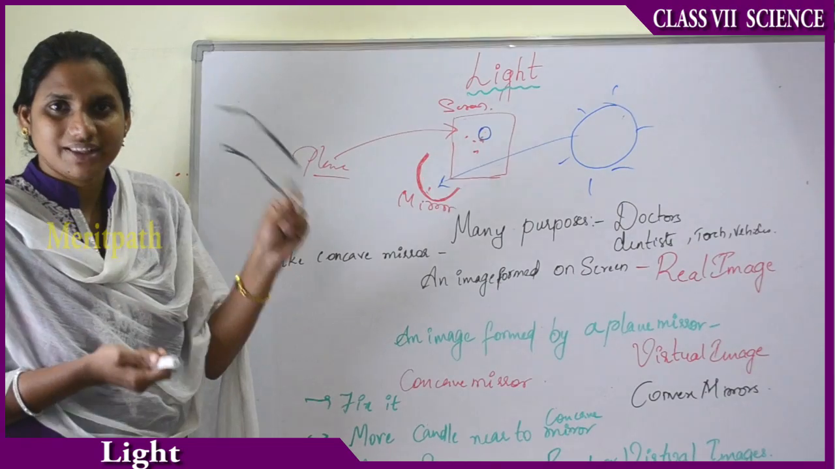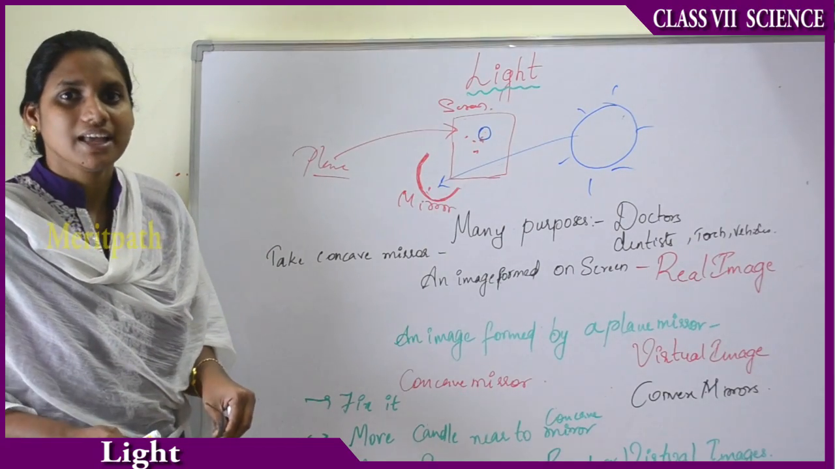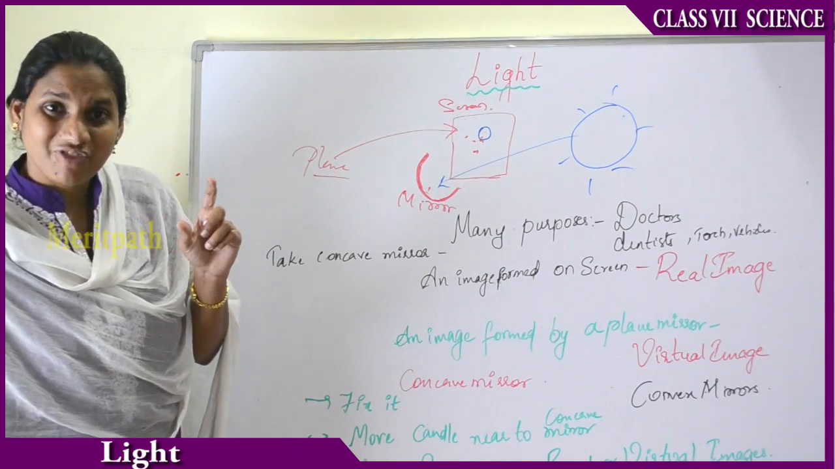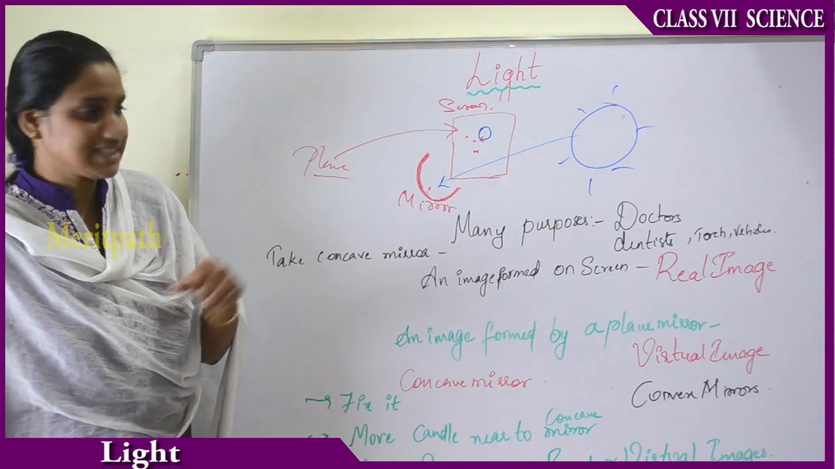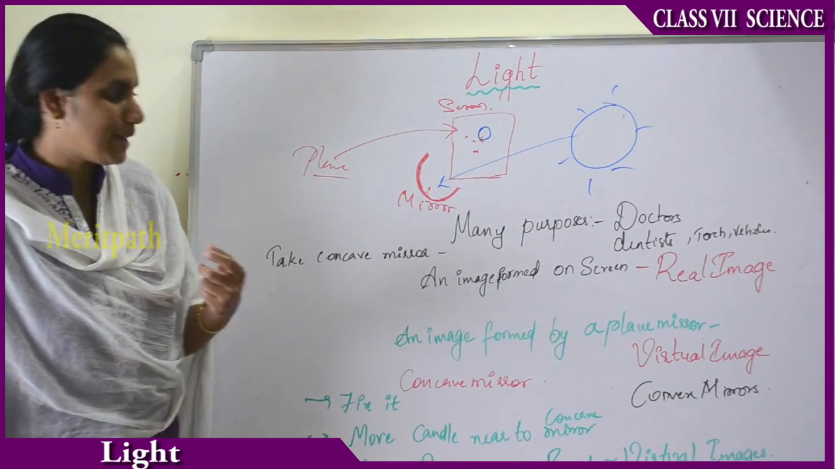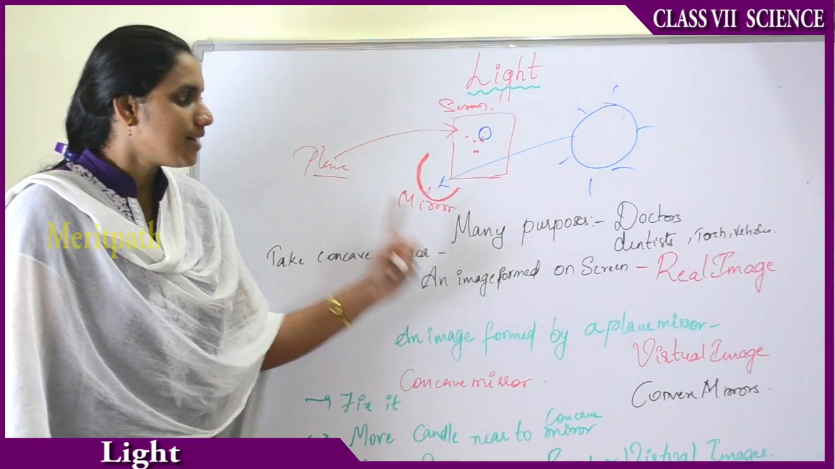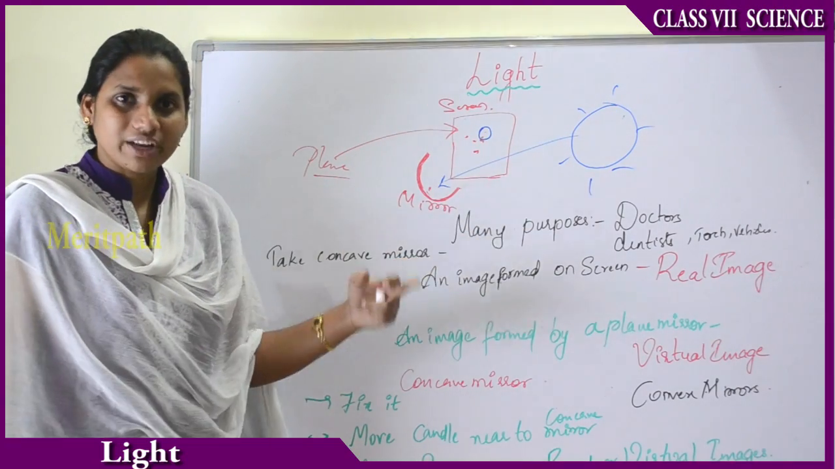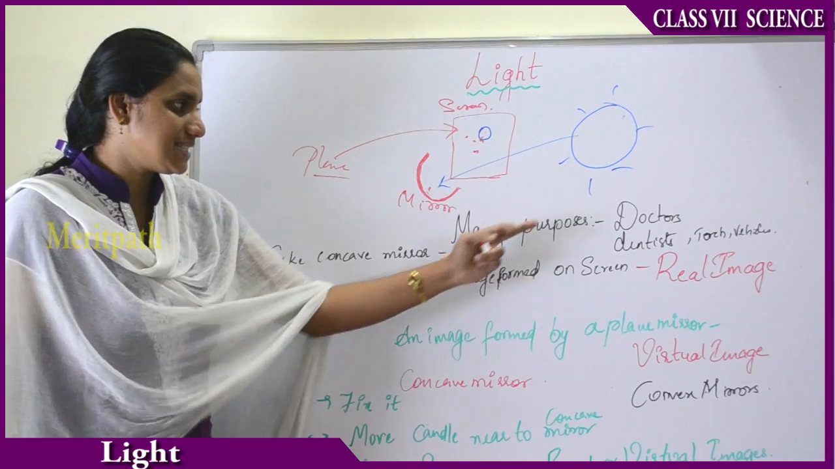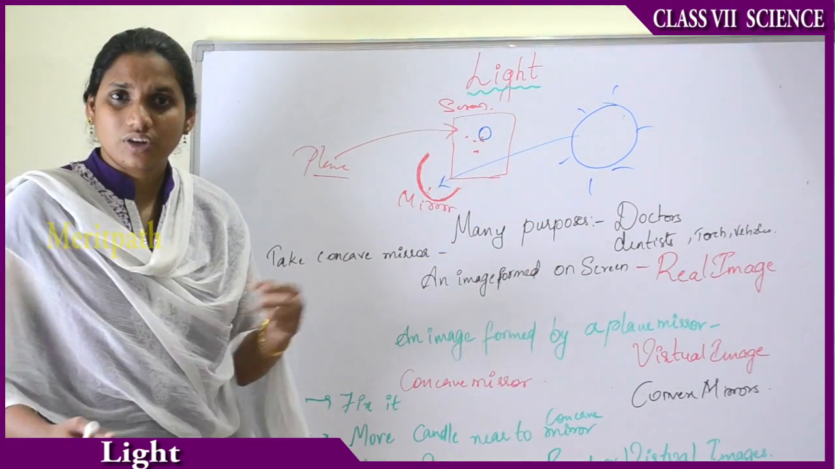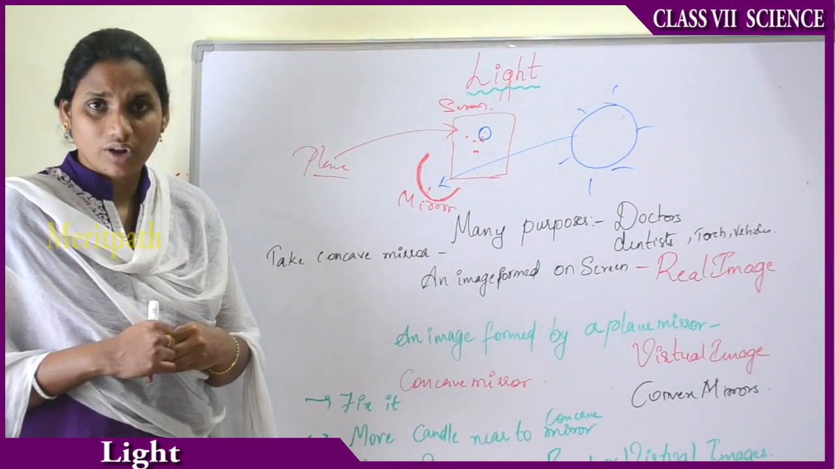We will be learning this, that we will be using some type of lenses, concave and convex lenses also, in further classes. So I will explain them in detail. Now, the applications of concave mirrors are doctors, dentists, torches. In vehicles also we will be using concave and convex